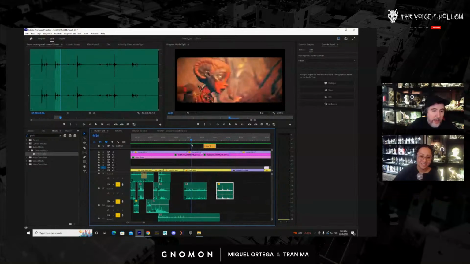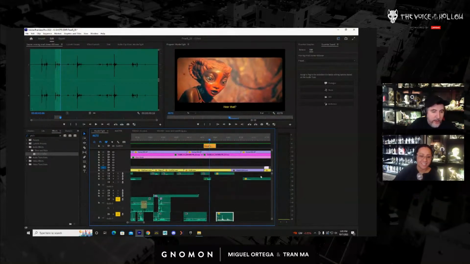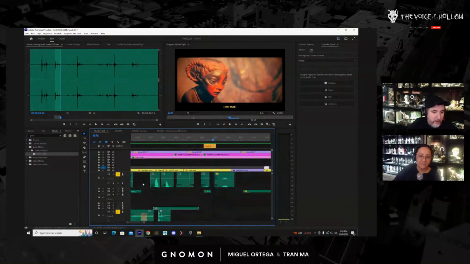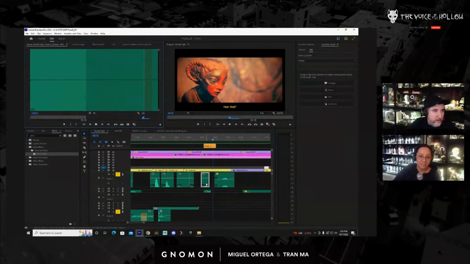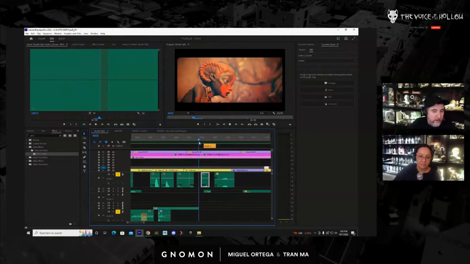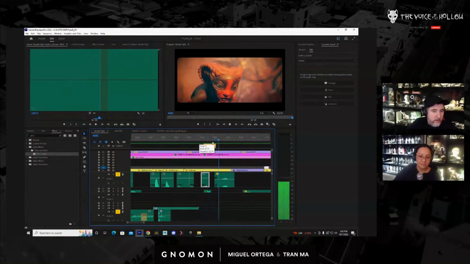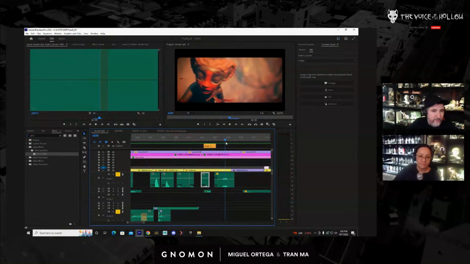Now, I feel like I could have her breathe there also. I just want to make sure, do I have the breathing there? Let's isolate her layer here. I believe I did put a breathing sound there. Yeah, so that's good.